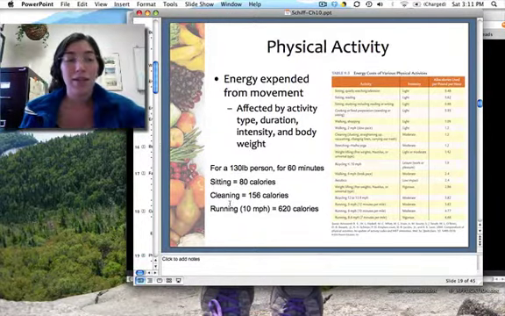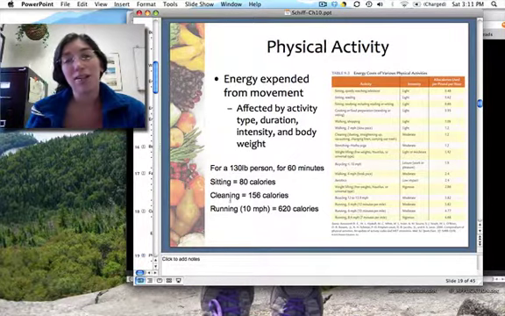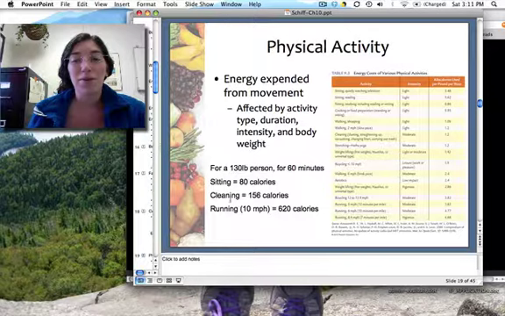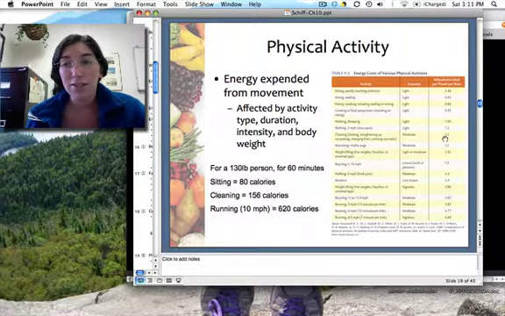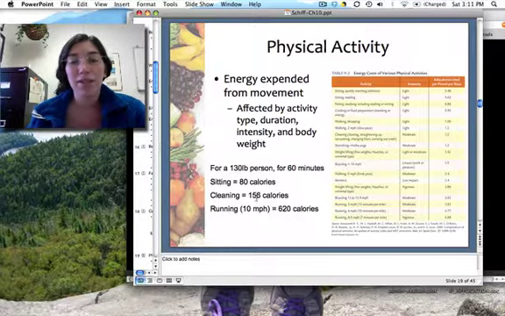If you get a little more active than that and you decide to go clean your house, maybe run the vacuum, make your bed, put some stuff away, this burns more calories. Cleaning, I have on here, is 1.2 kilocalories per pound per hour. And so a 130-pound person cleaning for an hour